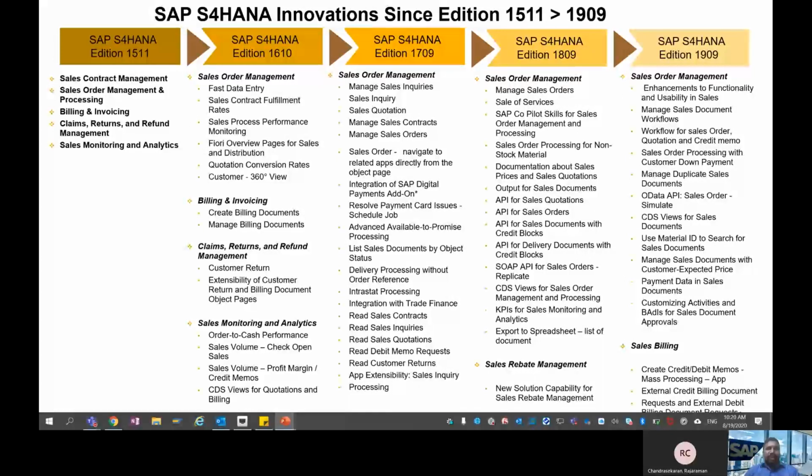This session will be focusing on the enhancements and innovations in the solution areas of sales contract management, order management, bill and invoice processing, claims and refund management, and sales monitoring and analytics.